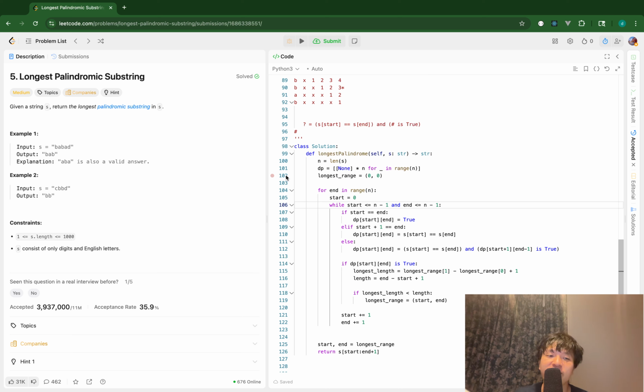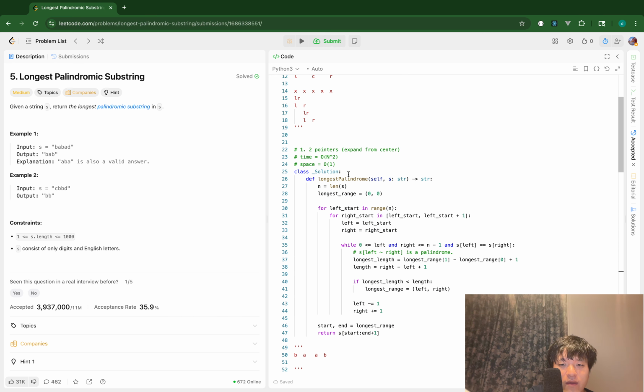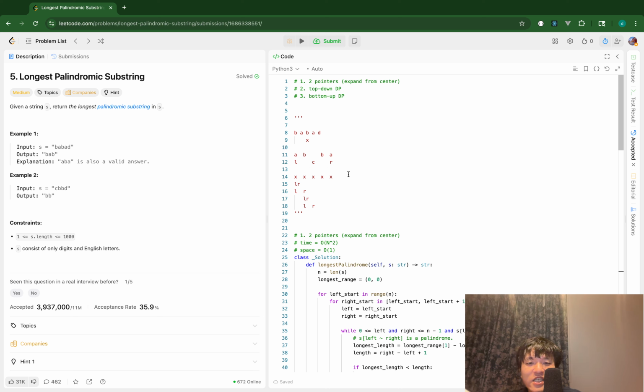Okay, so let me wrap up my today's practice. So in this video, I solved the question longest palindromic substring. I'm given string S and I return the longest palindromic substring. And for that, I used 3 approaches, each of which takes O of n squared time complexity. The first approach is two pointers. In this approach, I choose the center position. There are 2n center positions possible, and I will try to expand the left pointer and right pointer,